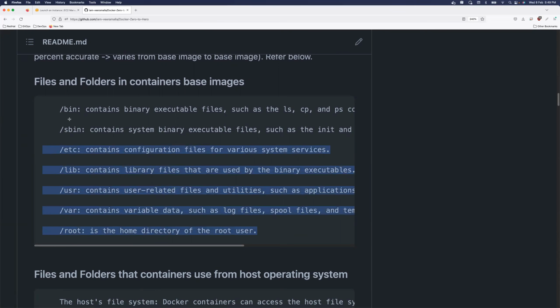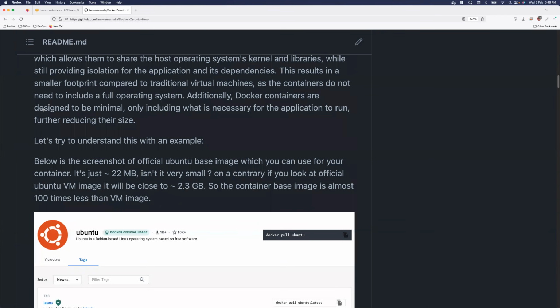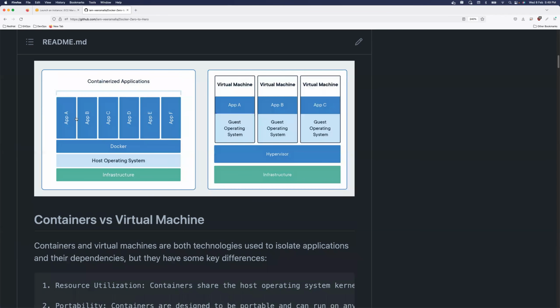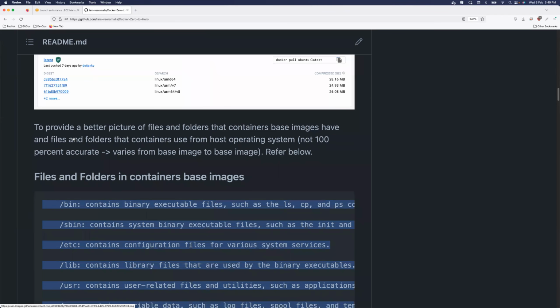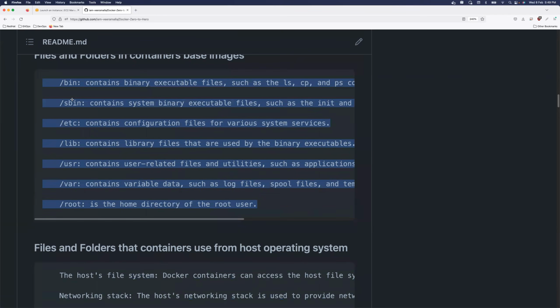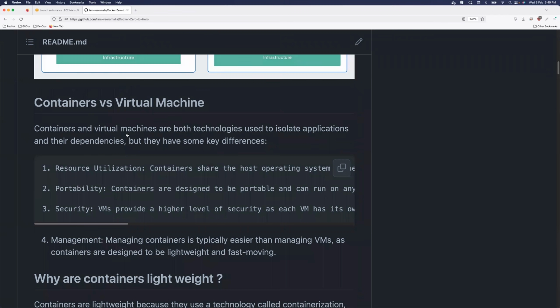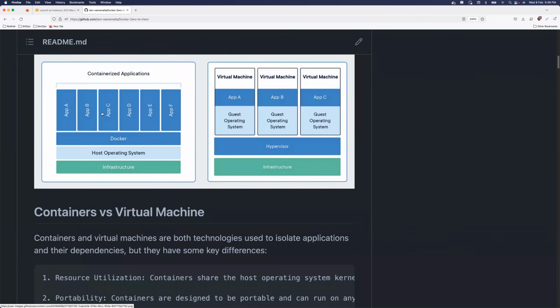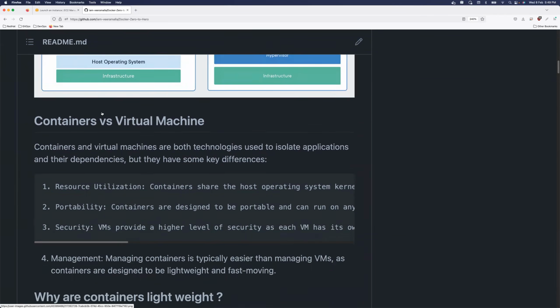So these basic folders form a logical isolation from one container to another container. That means a container cannot share these files and folders with another container. If a container is sharing these files and folders, that means you are compromising the security of your container, or the other container is compromising the security of yours. So that's why these files and folders are not used from the kernel, and they are part of your container image or your container base image. I hope this is clear now.